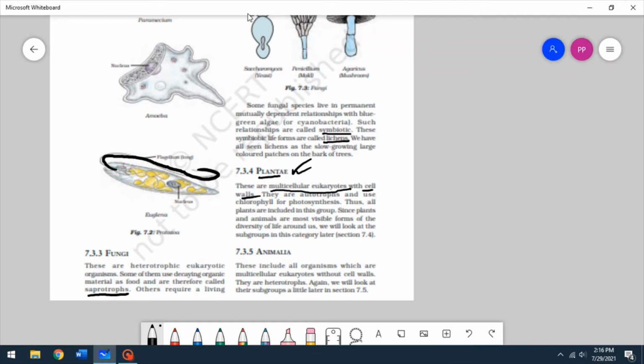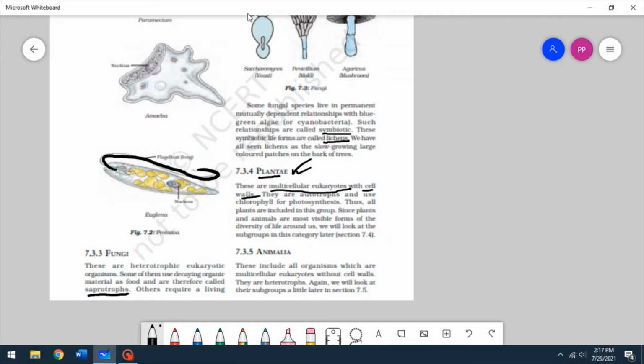photosynthesis. Alright, all plants are included in this group, whether you want to talk about neem, mango, any flower plant, any ornamental crotons, anything, they're all part of Plantae. Alright, since plants and animals are the most visible forms of diversity, we will look at subgroups in this category. Once we're done with listing all 5 of them, we will have subgroups for Plantae and subgroups for